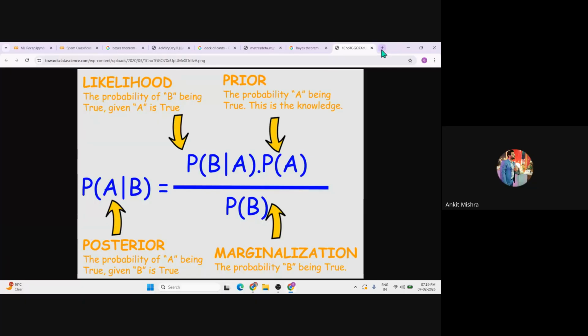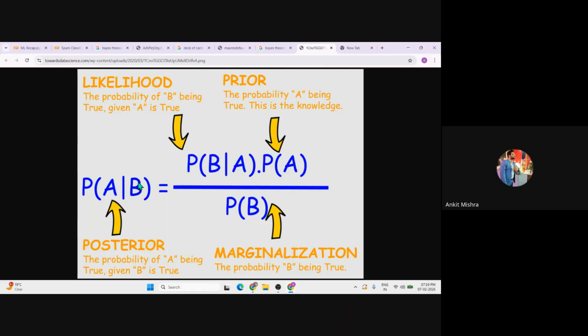Now, let's understand this equation. Probability of A given B is the probability of A being true if B is true. We already know the probability of B and we have to calculate the probability of A. It's like we are given a face card, and now we want to check the probability of a king.